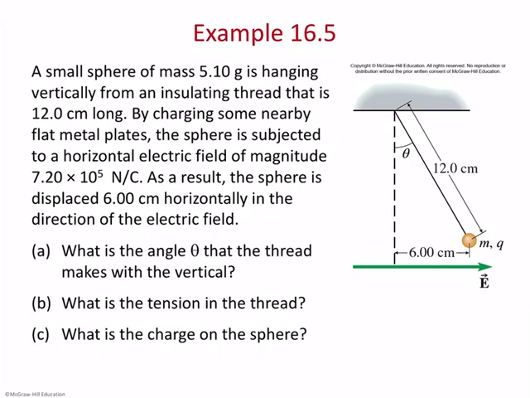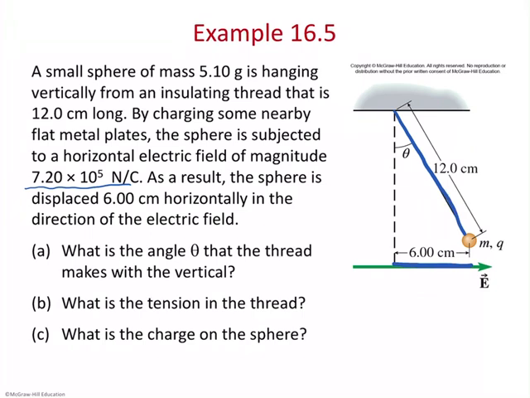And it gives us the electric field already, okay? And it tells us that it's displaced 6 centimeters from the horizontal. So we know that the string itself is 12 centimeters, so we've got that length, and we've got this length,